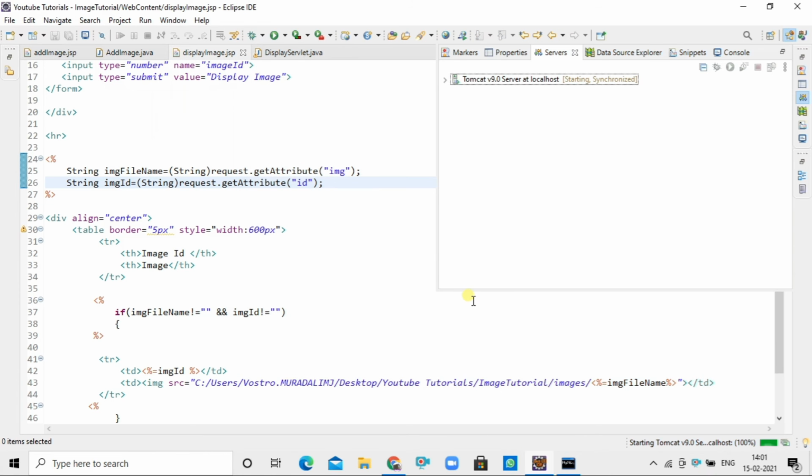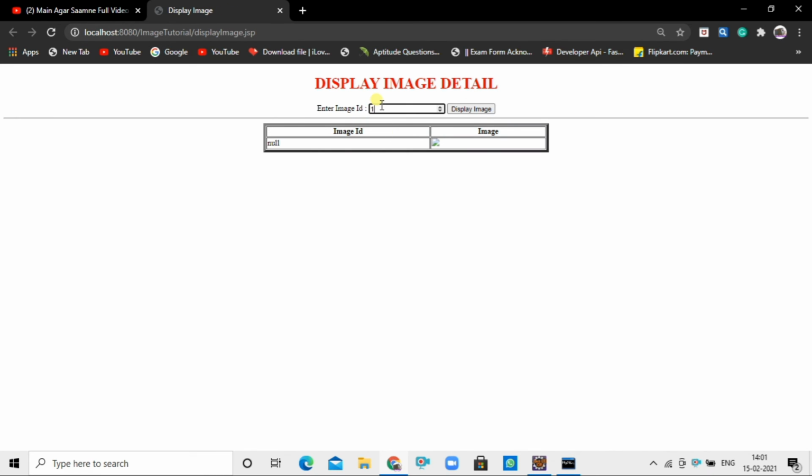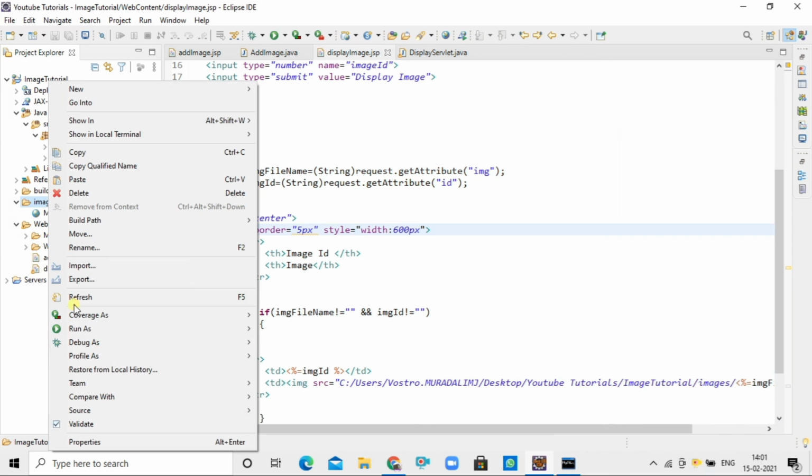Let's run the project again. Okay, image ID got printed here. Why did the image not get displayed? Let's check.